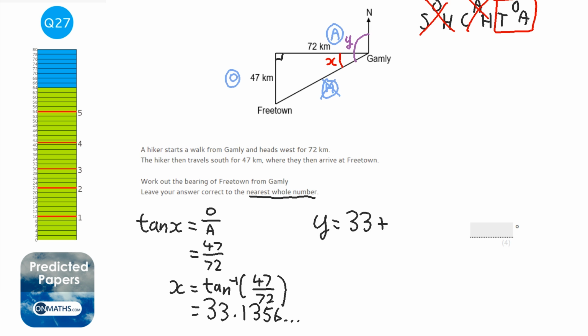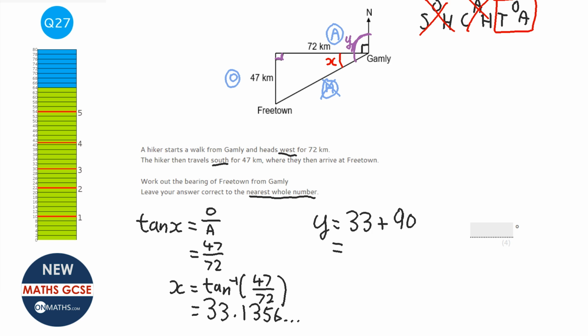And then we're going to add the right angle here. Now, the reason I know this is a right angle here is because it says that he heads west and then south. So I know that both the angle here and the angle here are going to be right angles, because the angle between all four, north, east, south and west, all four directions are going to be right angles. So I'm going to add 90. And you can do this in the calculator, or you can do it in your head. I'm going to do it on the calculator.